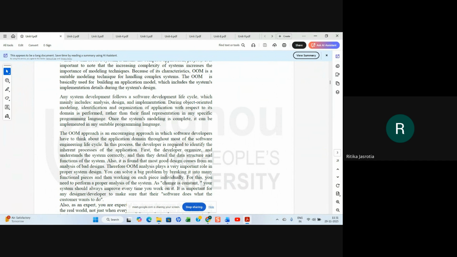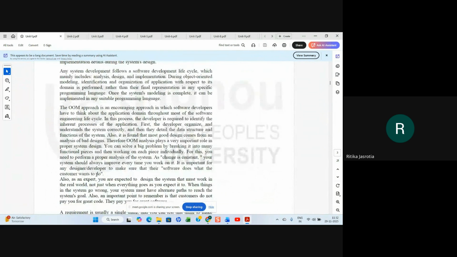In this process, the developer is required to identify the inherent processes of the application. First, the developer organizes and understands the system correctly, and then details the data structure and functions of the system. Also, it is found that most good design comes from an analysis of bad design. Therefore, object-oriented modeling analysis plays a very important role in proper system design. Right? So they have given you